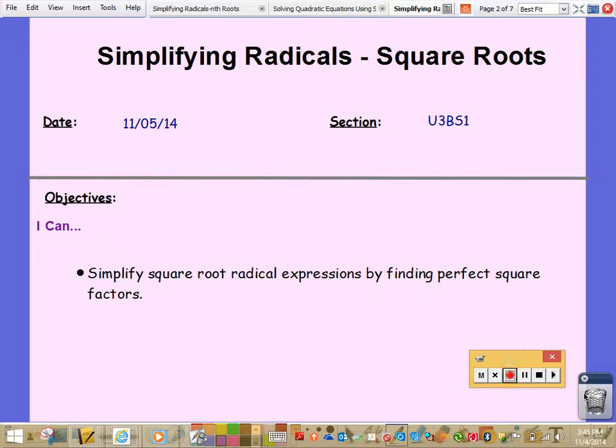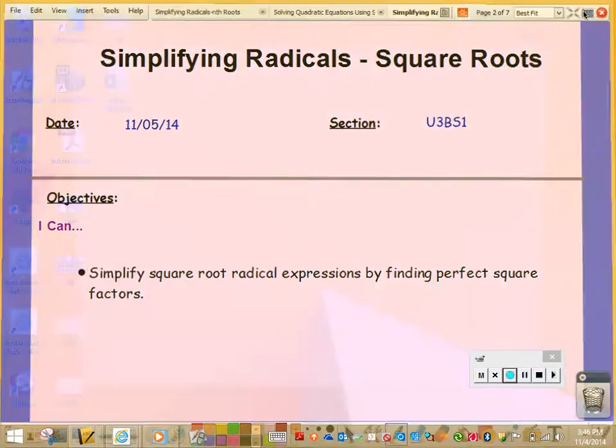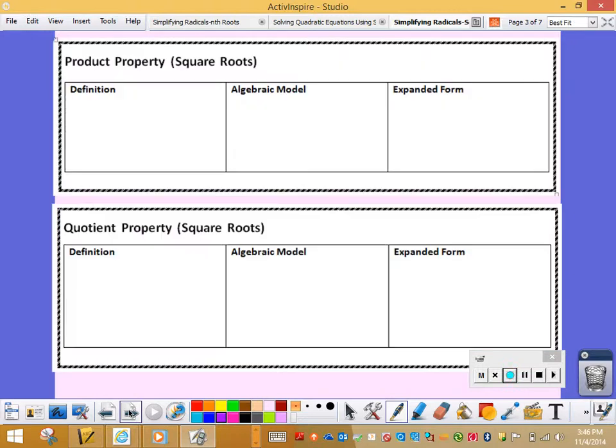And that's why we had that worksheet after your test yesterday to kind of lead us into working with factor trees and perfect squares and square roots. Okay, so let's go ahead and flip to that page 11. First up is the product property for square roots. If I'm going to go over and define that,